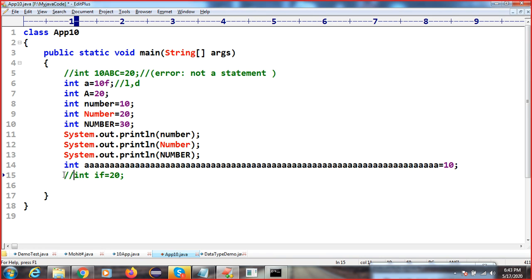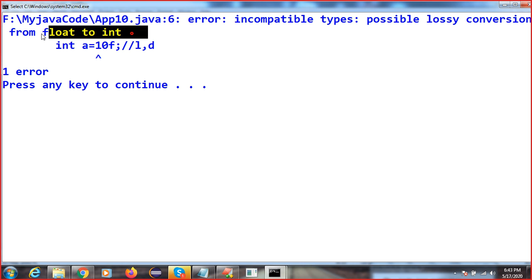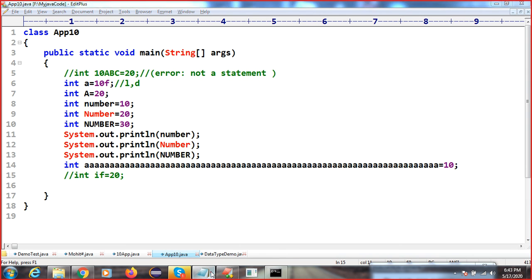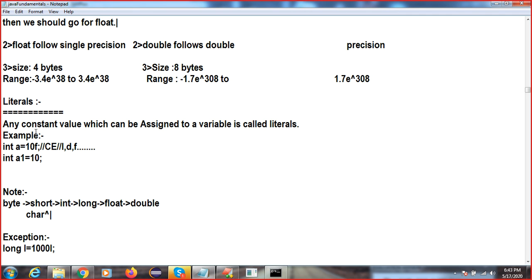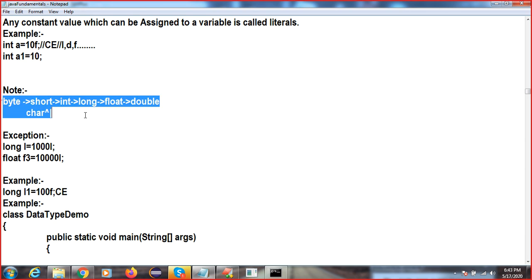This one I want to show you. Here the type is integer, but we are getting a float value. You can say float from int, right? So this is called your literals. F makes it float. In many places, in real time coding, you can see this type of thing being used. So these are the range of this.